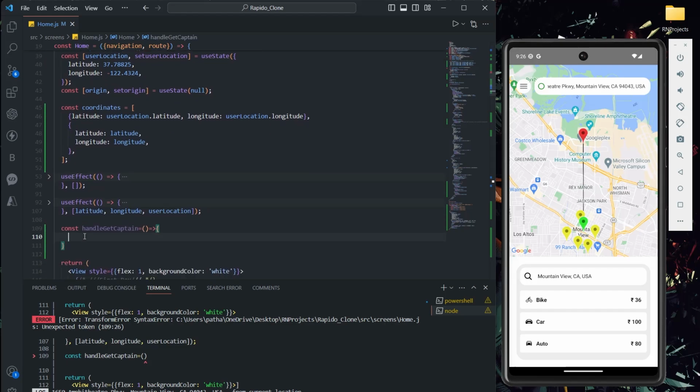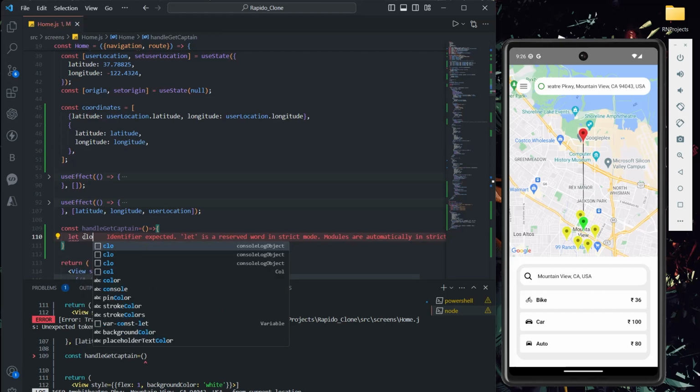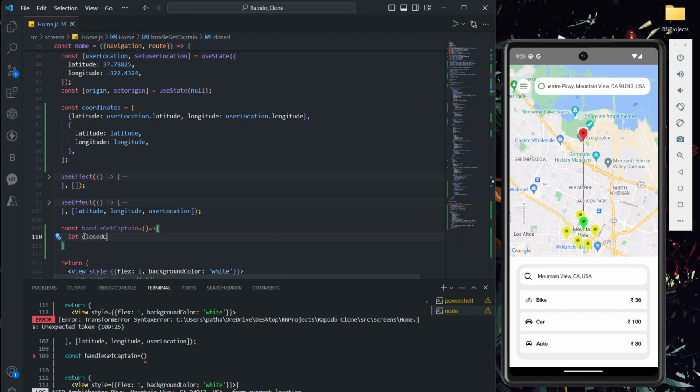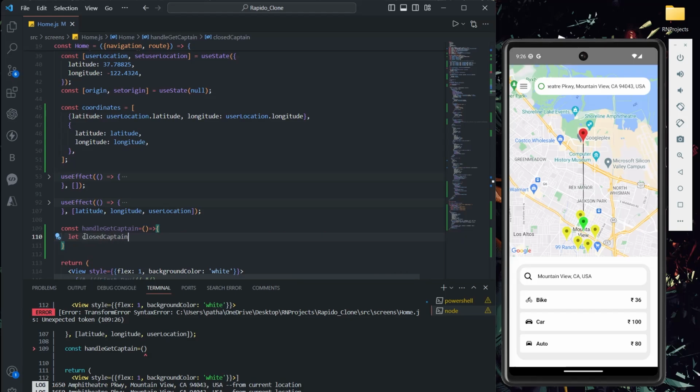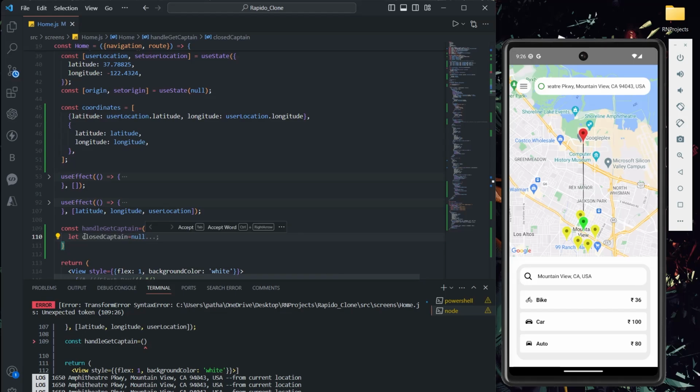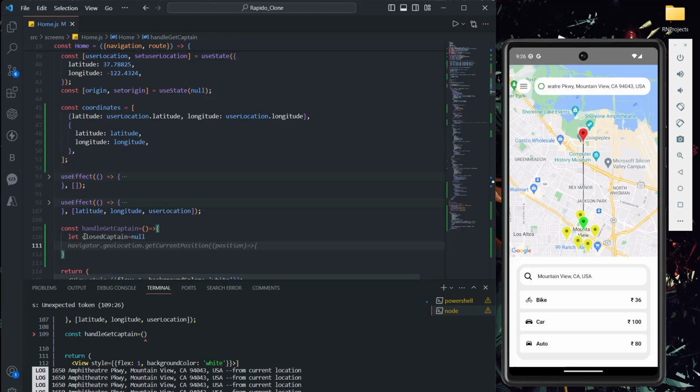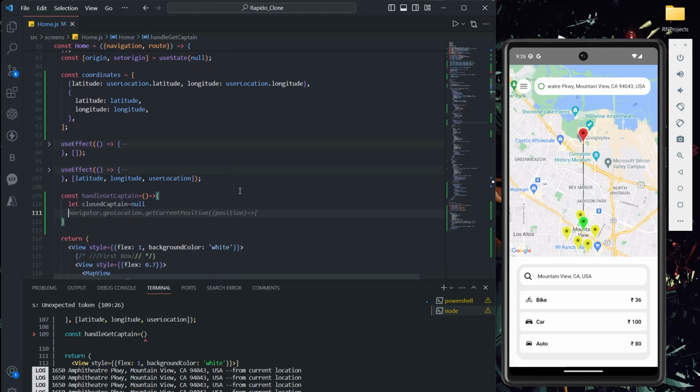Okay, so first thing, let closed captain equal null. Initially I'll set it as null, you can make it empty also, it's up to you. Now for distance checking, as in destination we used a package, geolib, I'm going to take help of that package to check the distance between latitude and longitude.